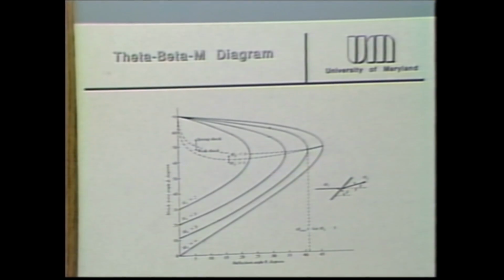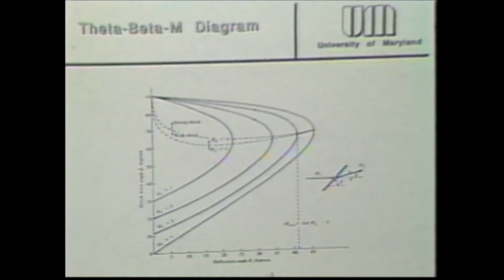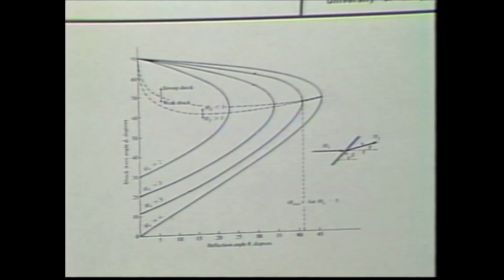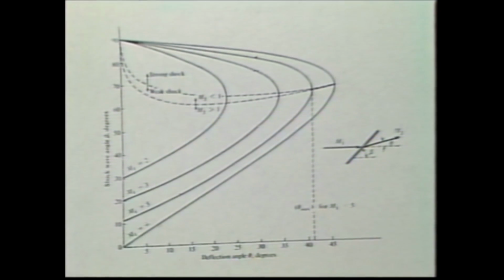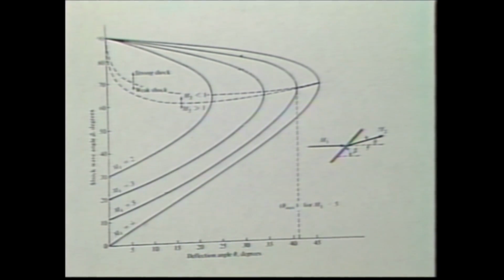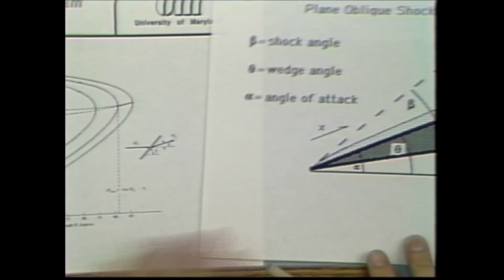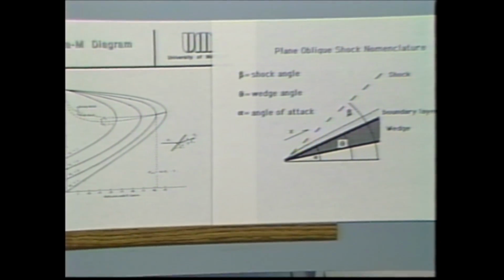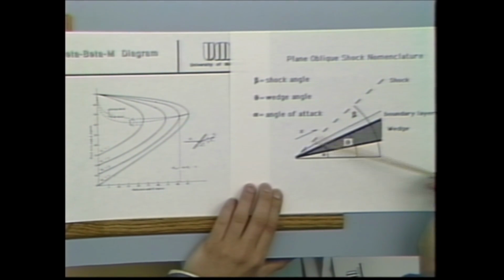Now let's look at a very familiar diagram, the theta beta M diagram. This is a diagram that shows shock wave angle versus deflection angle. One of the questions we can ask is, if I go through a different deflection, let's say I have some surface, and let me go to another. Let's see if it's possible to get these both on the same view. Ah, yes. If I have a surface with an inclination of angle theta, and it's producing a shock wave at